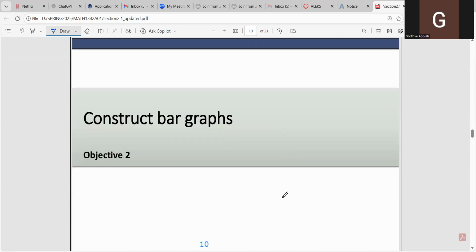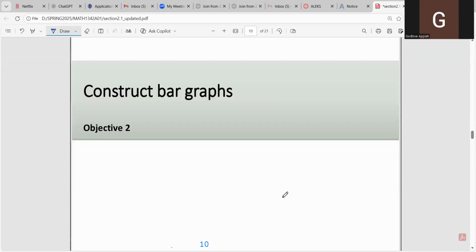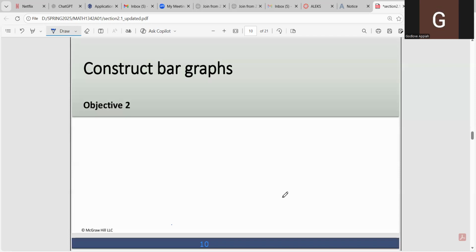So now let's talk about bar graphs. A bar graph is also another tool that we can use to summarize qualitative data. Before we move on, I would like to say this. All the tools, all the graphs, and the methods that we will learn in this section are only applicable to qualitative data sets. They are not applicable to quantitative data. So please take note of this. If I ask you to summarize a qualitative data, you would know what method to use. You would use one of these tools that we are learning today. So these are only for qualitative data sets.